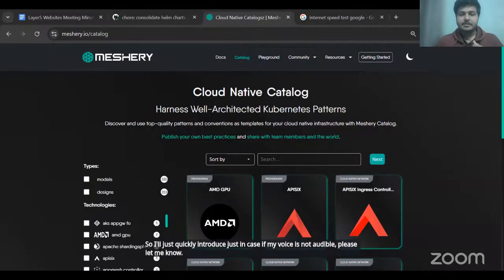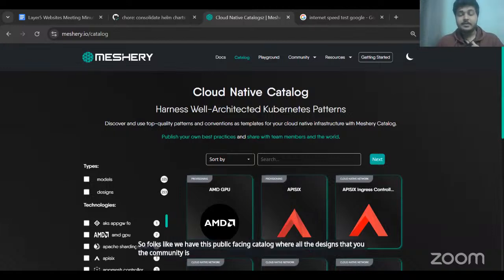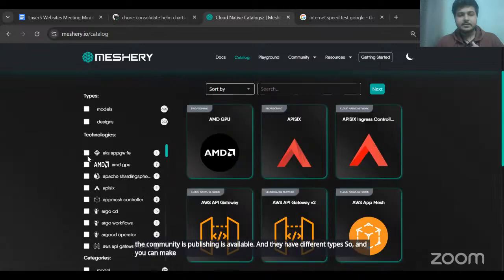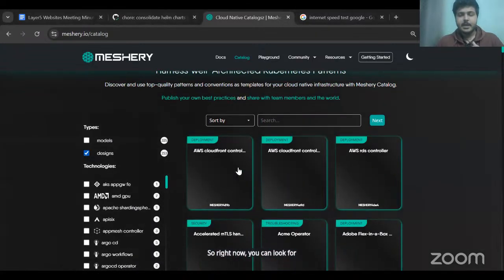So folks, we have this public facing catalog where all the designs that the community is publishing are available. They have different types, and you can make use of any of these filters that you see. Right now, you can look for designs or models. And these designs are